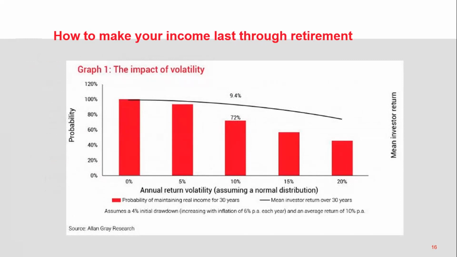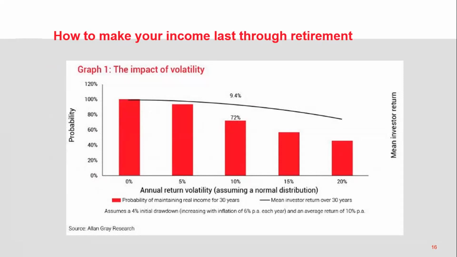Now, as the volatility increases, the chances of sustainability reduce along with the return that you can expect during the time. To put it into context, the Allan Balance Fund has sat near about 10% volatility since inception in 1999. At that level of volatility, the average client return would be approximately 9.4% per annum, about 0.6% lower than the portfolio's expected return of 10% per annum.